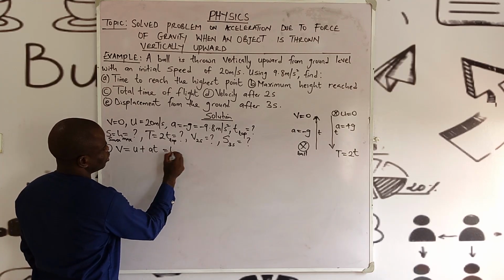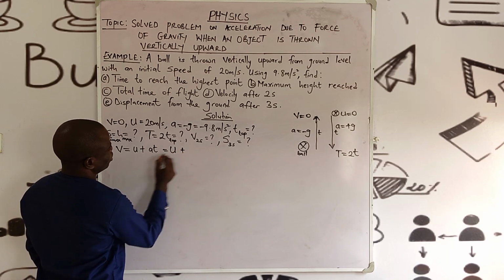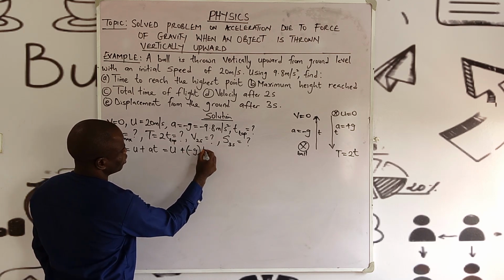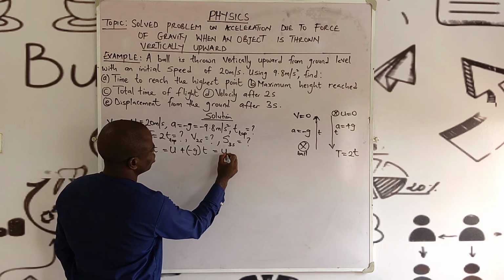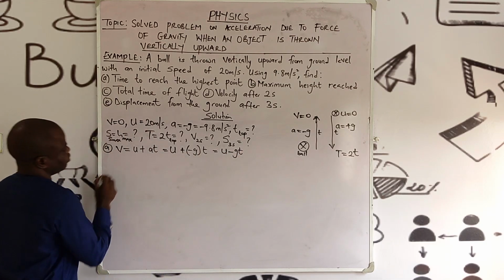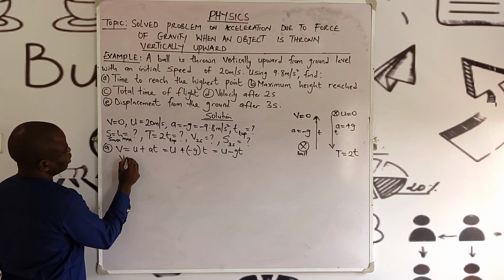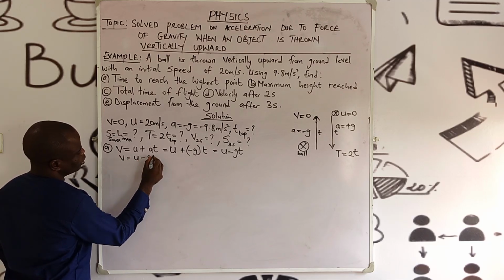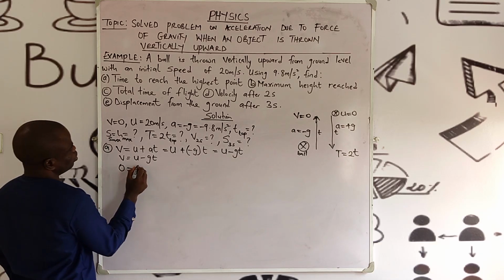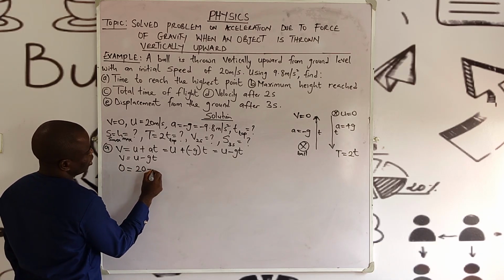Now before then, u plus a, change it to minus g, multiplied by t, equals u, positive and negative give us negative gt. Our v now equals u minus gt. What is our v? It is 0, u is 20 minus